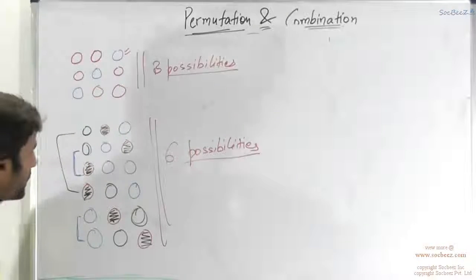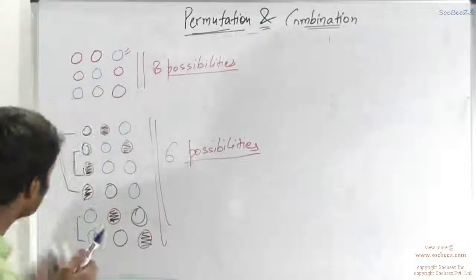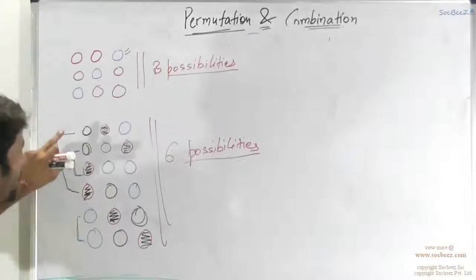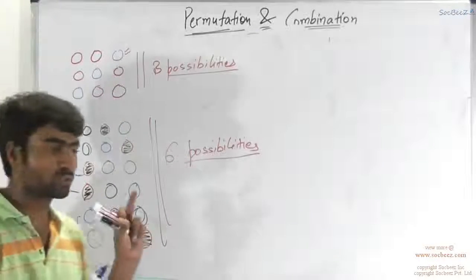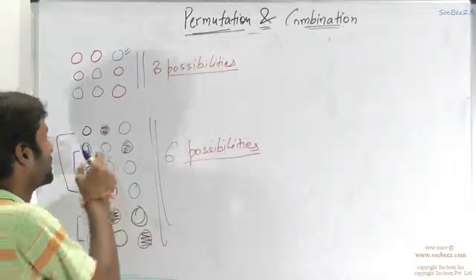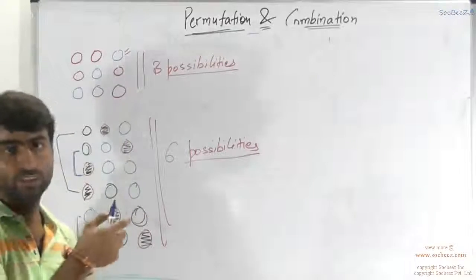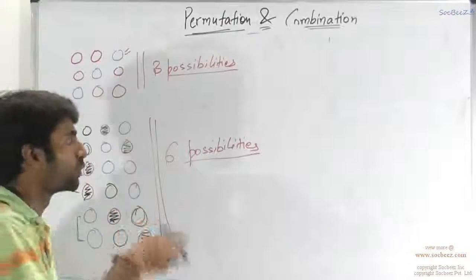So basically, what happened was, whenever you were able to distinguish between these two, and then you chose to color the two of them the same, these two clubbed together. So whatever the possibilities were in the case when these 2 elements were different, you just broke them down and shrank them down to 1.